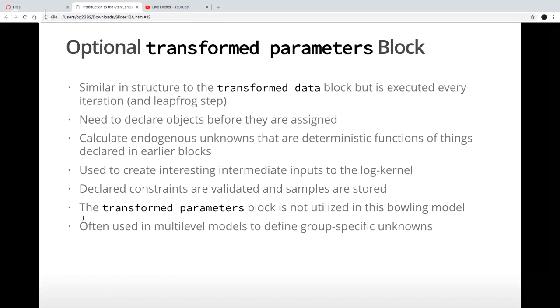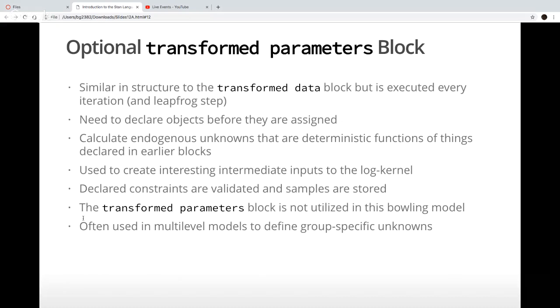In transform data, because parameters hasn't been declared yet, the functions can only involve data. But in the transform parameters block, which comes after parameters, after transform data, after functions, you can refer to anything above the transform parameters block within it. But other than that, it's like transform data.